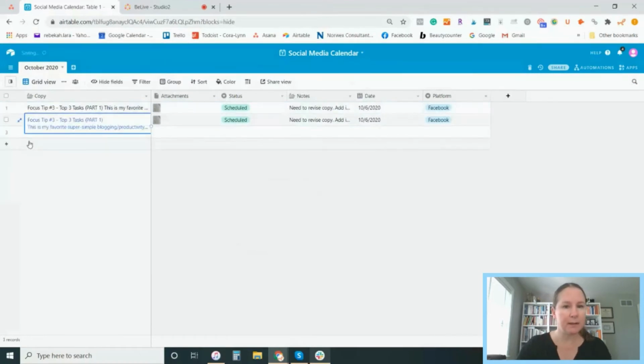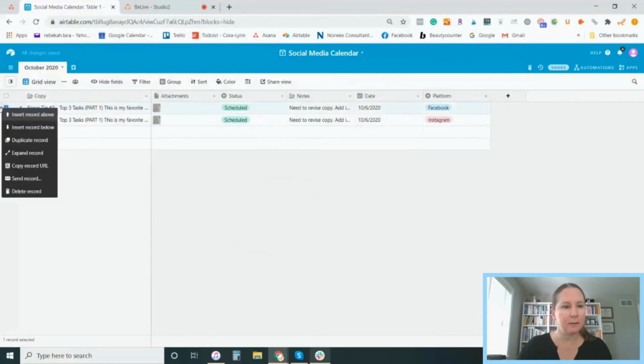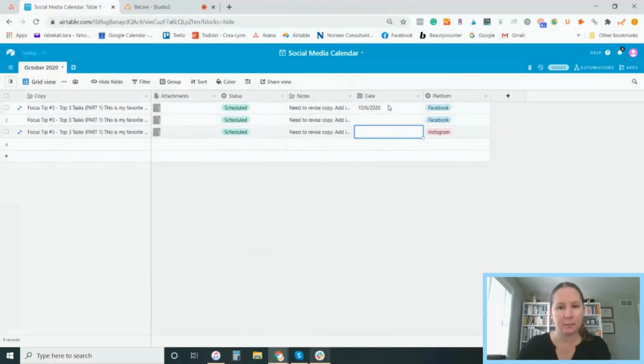So right now I'm going to duplicate it, right? And this is handy because now everything I did shows up, but I can change it to Instagram. Okay, and as I keep going, I'm going to show you how to sort it so that you can see the different platforms and what you have scheduled for each one. So I'm going to duplicate it one more time and we'll change. I'm going to take the dates out for a minute and we're going to make all these drafts, right? Or ready. They're ready to schedule. Okay, so once you have a few in here,